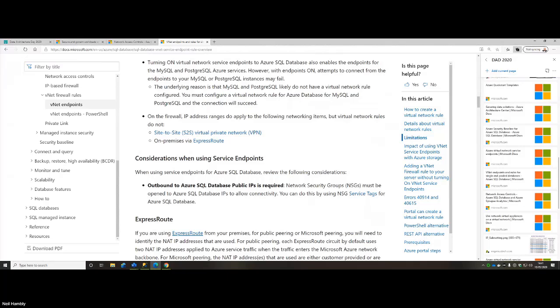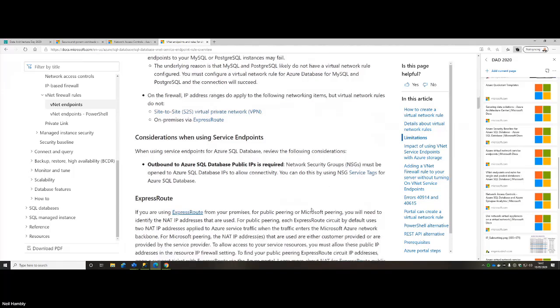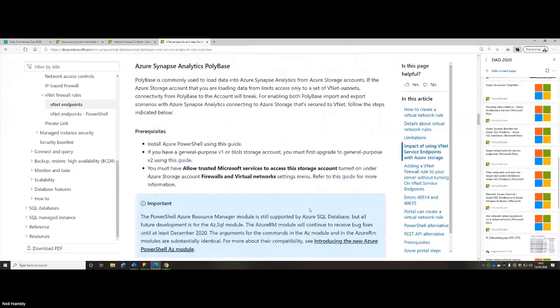It depends if the network security group they're going to also deploy and attach to that virtual network is allowing connectivity to that SQL database and which IP addresses. We kind of want to use the service tags to do that. So we're going to show you how to set that up in a second.